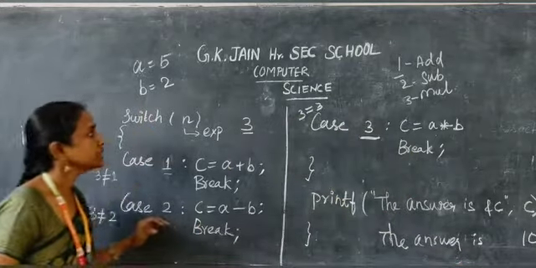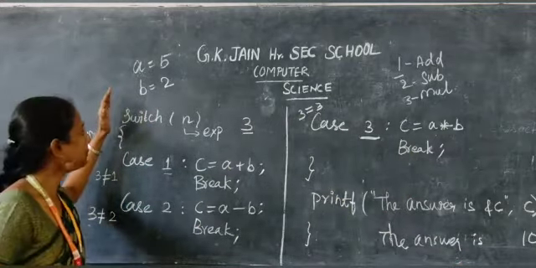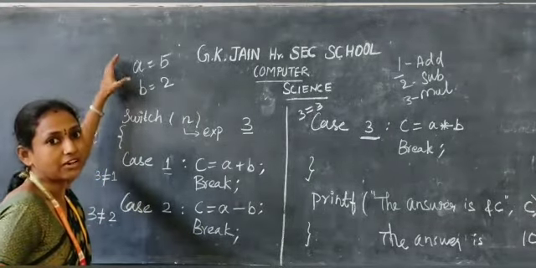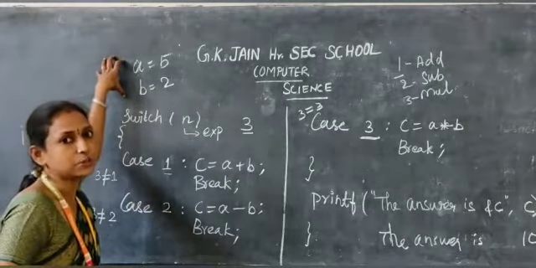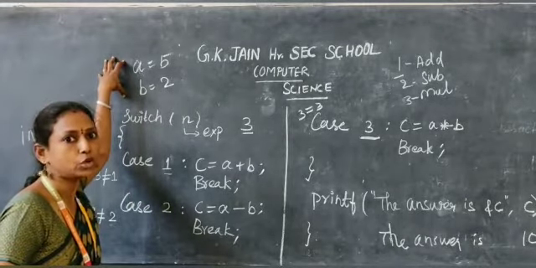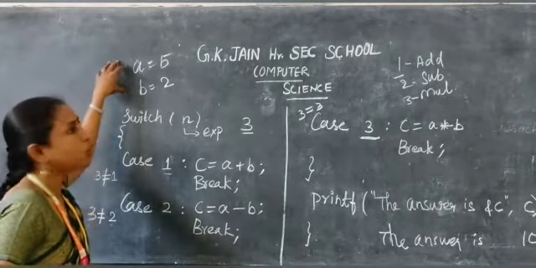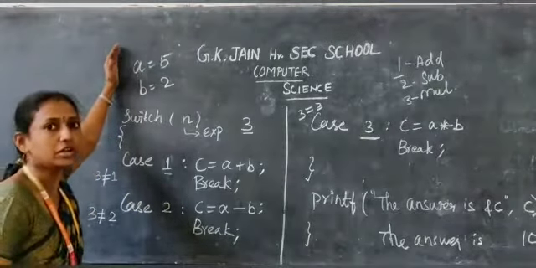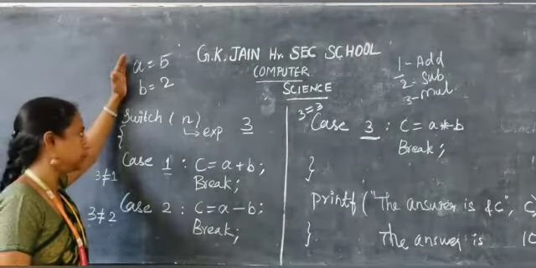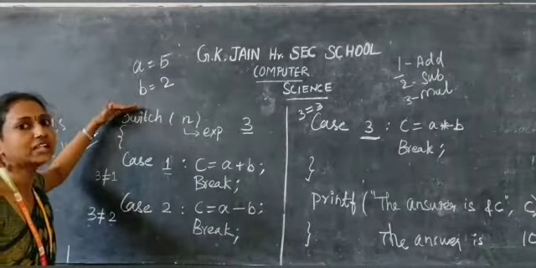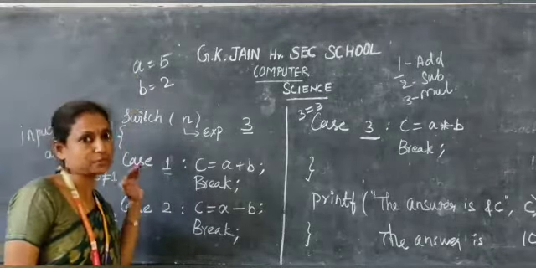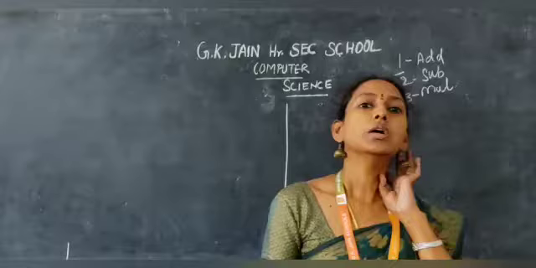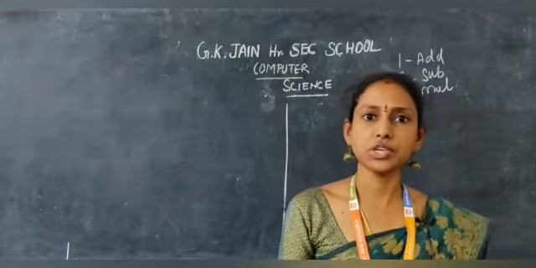Okay, this is the example for the switch case statement. In this example, I have not written the first part, that is, include stdio.h and the void main opening statement. So you have to include the beginning part of the program. I have given only the switch case part to you. Okay, is it clear to you all? This is all about the switch case statement.